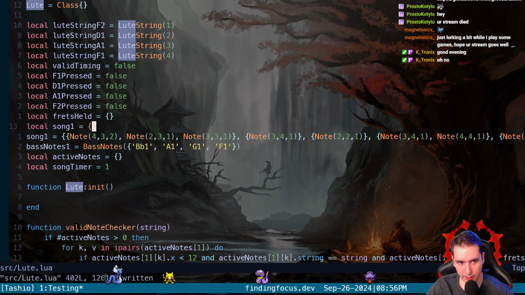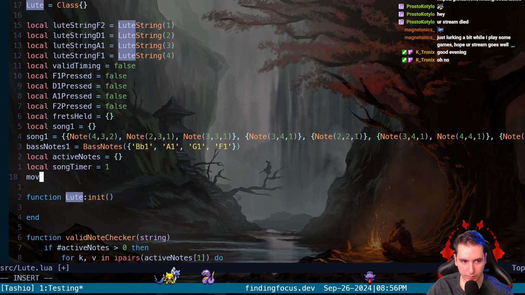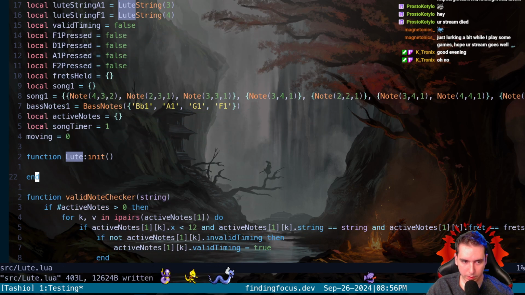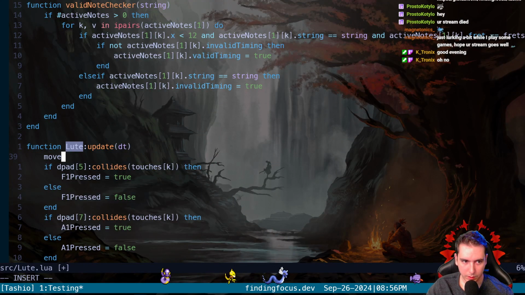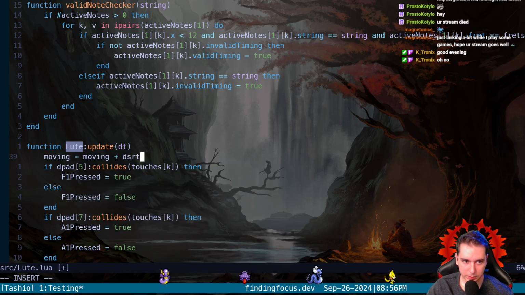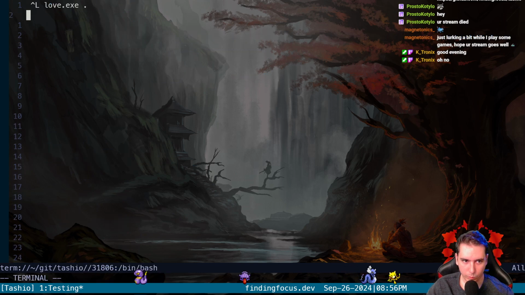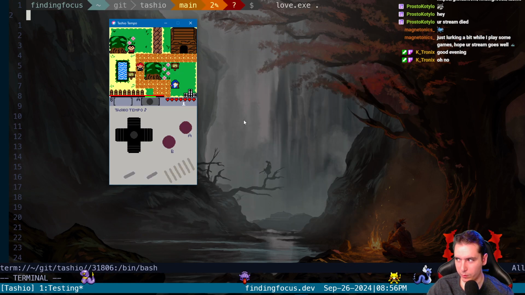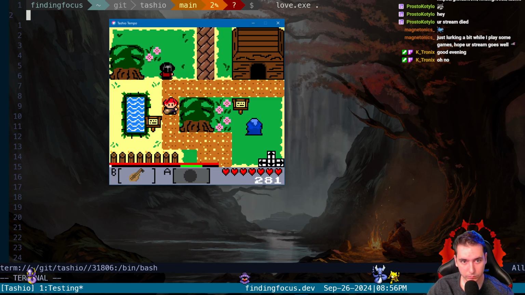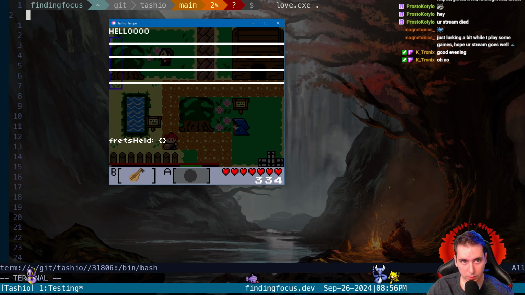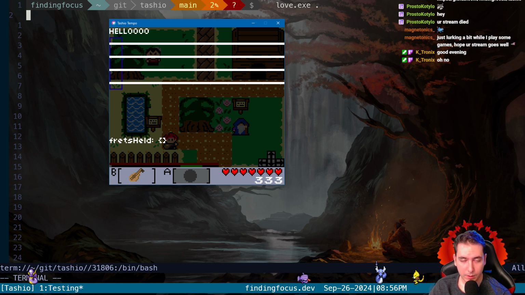Moving starts at 0, and then in our update, moving gets moving plus delta time. Then we should see the text moving. Yo, thanks, K-Tronics. Yeah, see, we're not moving. So that tells me update isn't working.